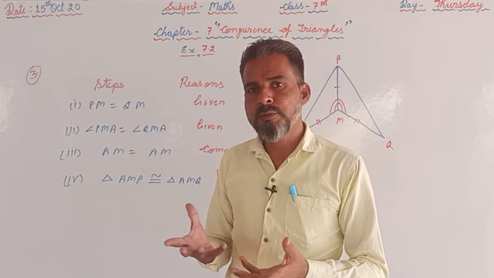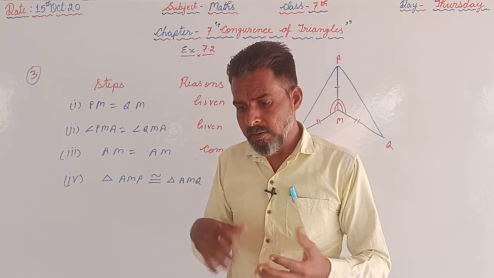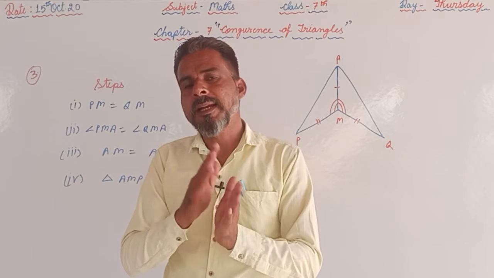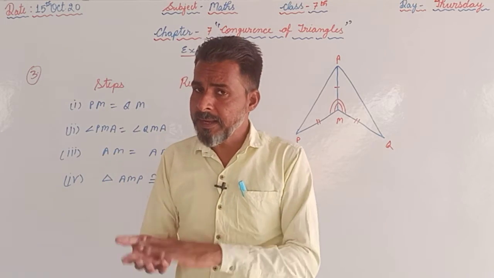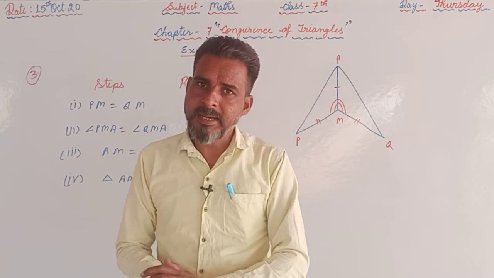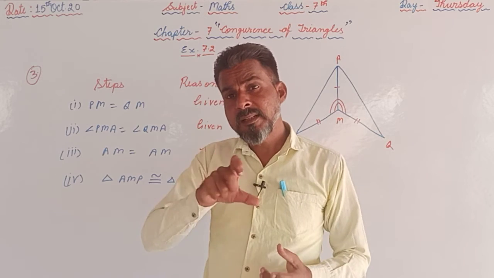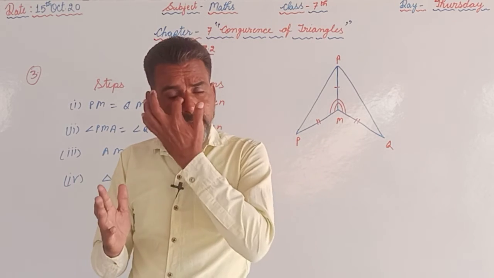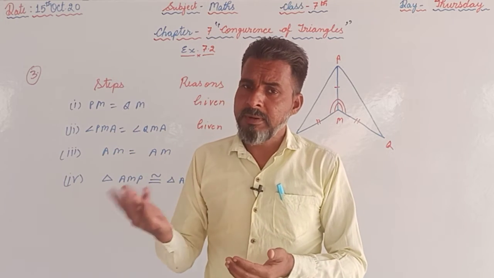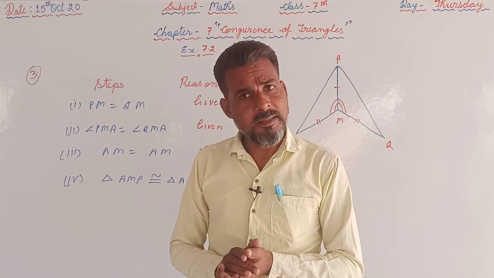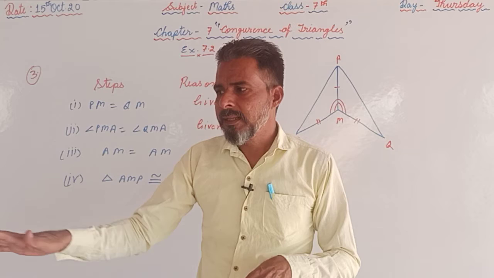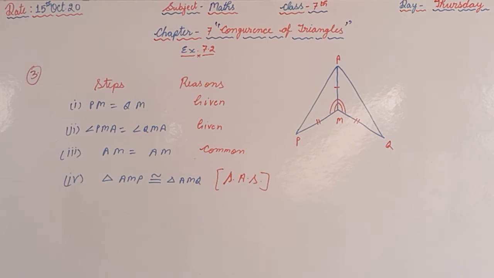No, because we have discussed the 5 criteria of congruency. First one was side, side, side. Second one was side, angle, side. Third one angle, side, angle. Fourth one angle, angle, side, and the last one, that is RHS, right angle, hypotenuse, and side. There is no criteria in which, if the angles are equal, then the triangles are congruent. AAA is not a criteria for congruence. That's why that statement is false.